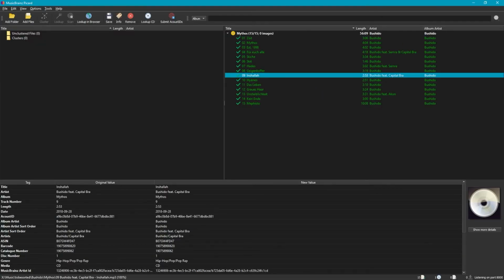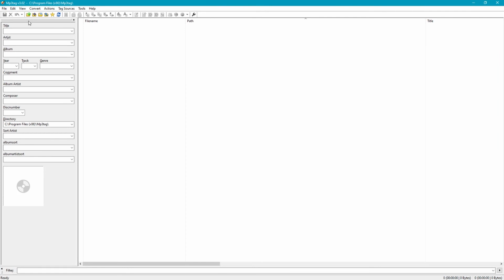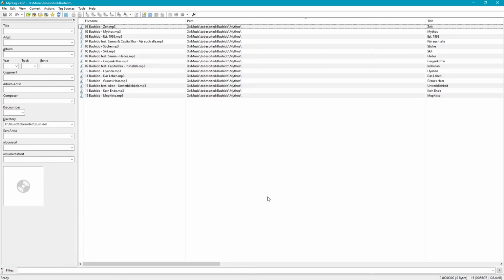Okay, so what we use next is my second favorite, which is called MP3tag. So all of these are free. I have them down in the description. You know where your file is now. I mean, it's in the folder that you said to MusicBrainz to go into. So that's the to be sorted folder. I'm just going to carry that album over here. And now we have the songs here. So it has already named them the way you want them to be named. It has moved them to music to be sorted,